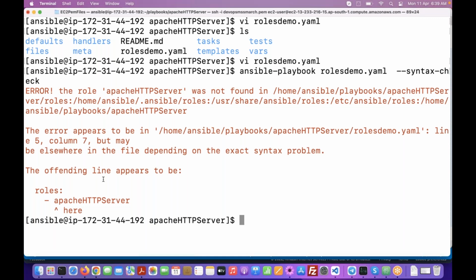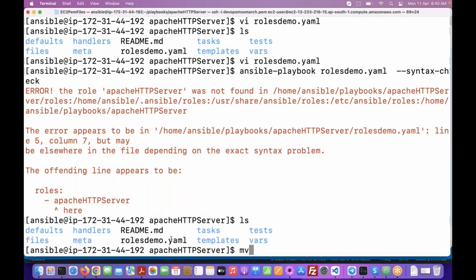It is going to expect that, or what you can do, you can create this role inside the /home/ansible-user home directory .ansible/roles directory also, or in this particular directory also. Now I'm going to move this particular directory one level up: mv roles-demo ../